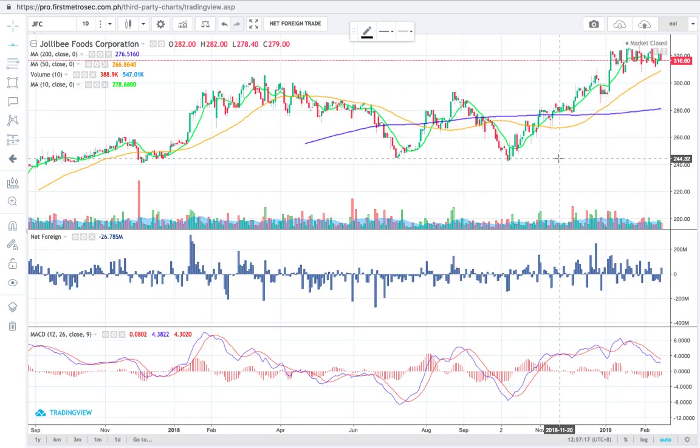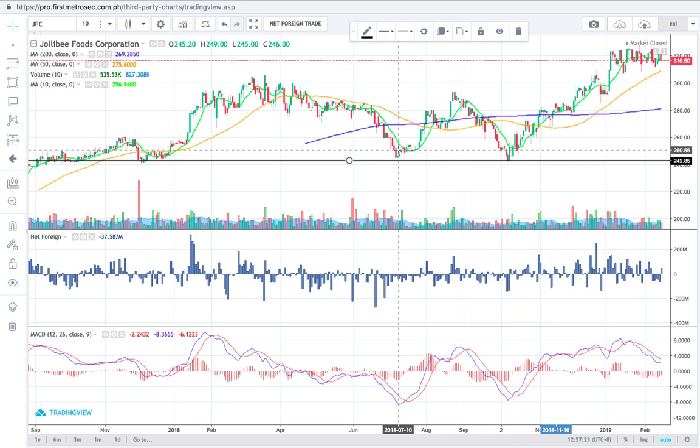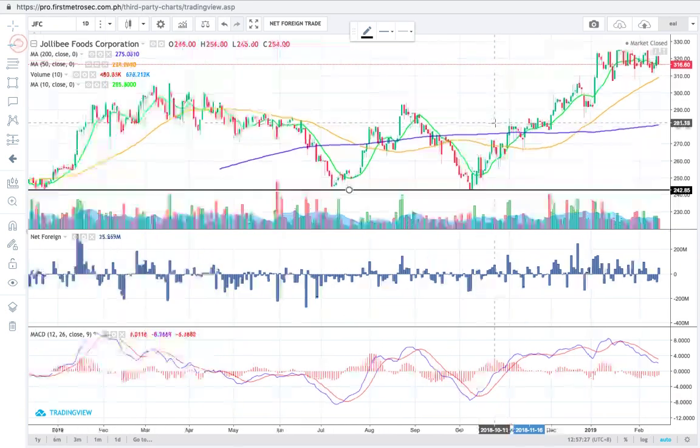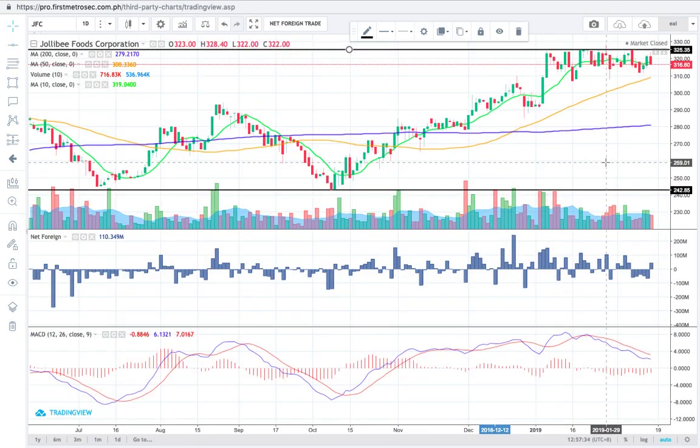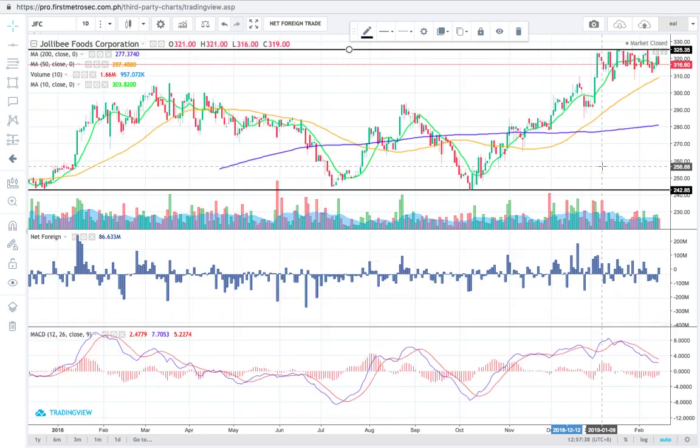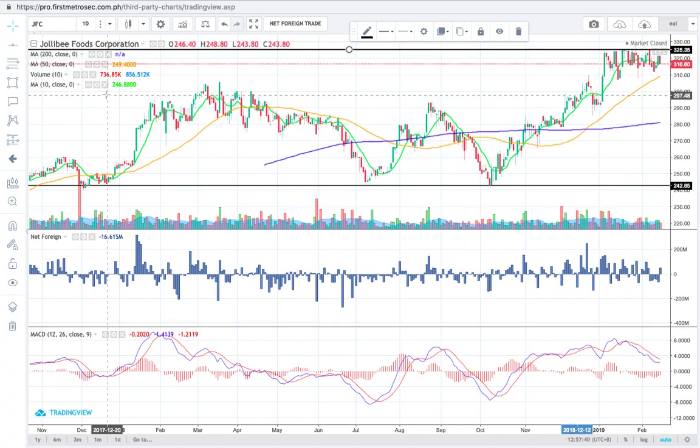Of course, its major support is already too deep at 243 pesos or 242.85 centavos. And its resistance is obviously somewhere here. It's the most recent one. Okay, somewhere near 325 pesos and 35 centavos. Do we see any midterm support or resistance level? Of course. Here,